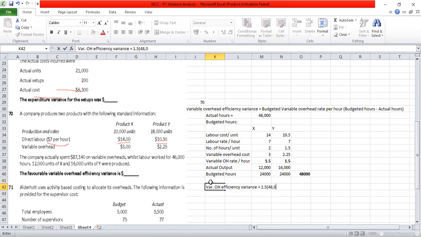So is it a favorable or an adverse one? Do we see this as favorable or adverse? Favorable, ma'am. Favorable, because the actual hours which are taken are less than the budgeted hours. So which is equal to 1.5 in bracket into